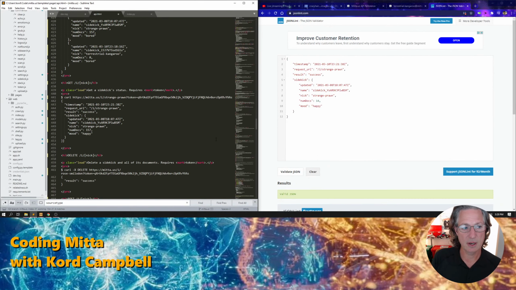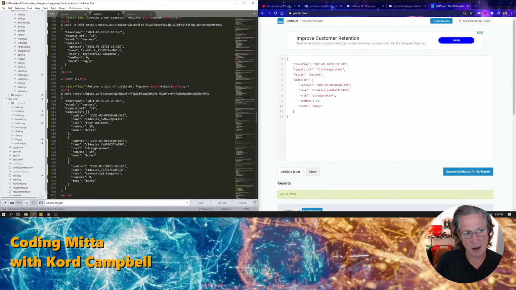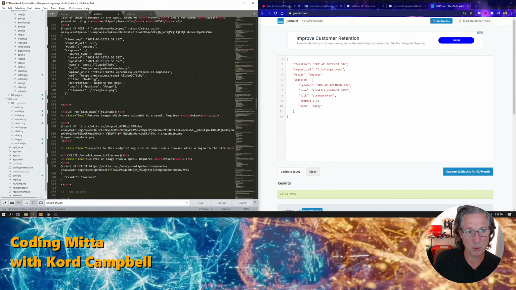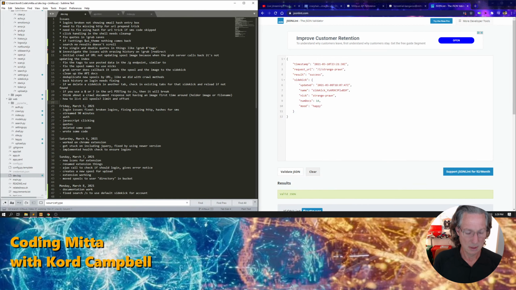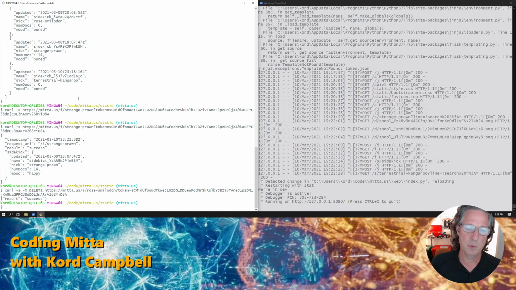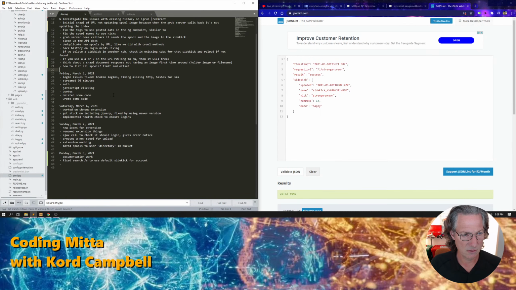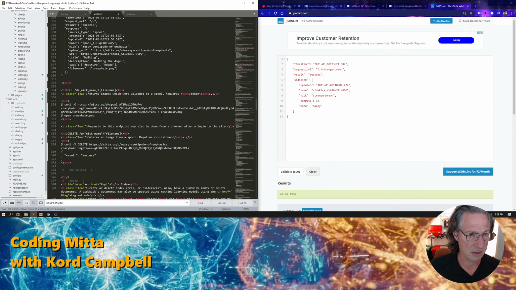Now, one of the things that I just thought of is that we don't have a great way of getting all spools. So I'm going to put that in the devlog. And because there could be a large number of spools, we need a limit and offset on it. I just keep forgetting to implement it. It should be a trivial amount of code to do that. Famous last words, but